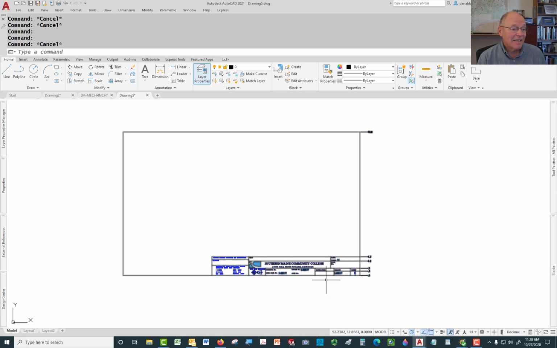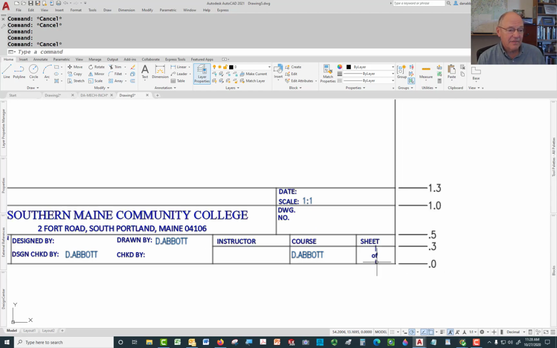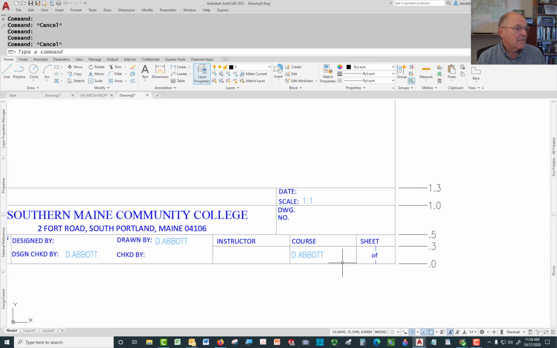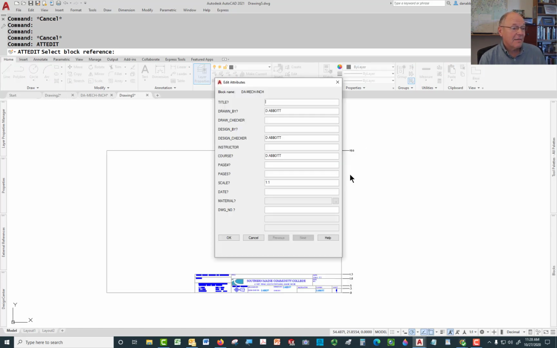you notice all the things that are filled in. But if I double click on this, and it opens up the attribute tag, which is not opening up for some reason. Normally does, not sure why it didn't. So I'm going to add edit, and add edit allows me to pick the block reference, and then it should open up, which it does. So if I look at this list here, if I had said this is page 1 of 10 and put it in here and called this AEDD 105